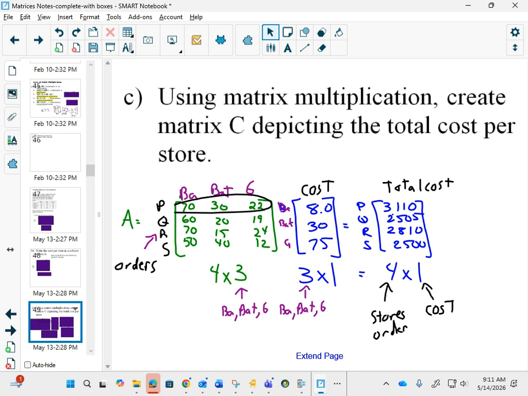So the 4x1, that 4 stood for the PQRS. The 1 stood for cost. And not only do you get an answer, but you all know what the answer means because of the matrix. And on our calculator, what we can do right now,